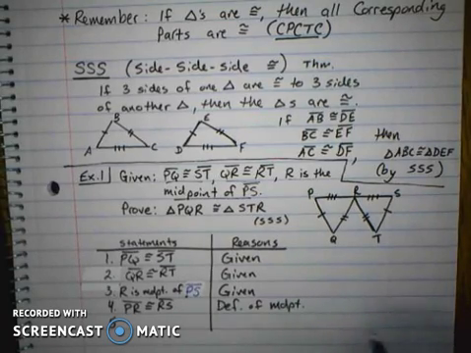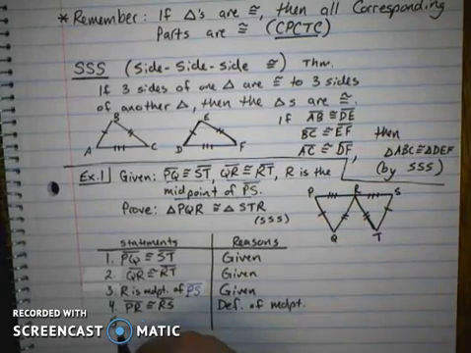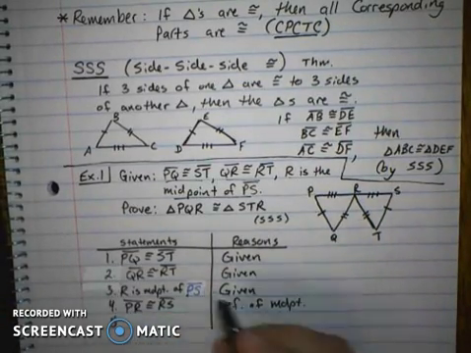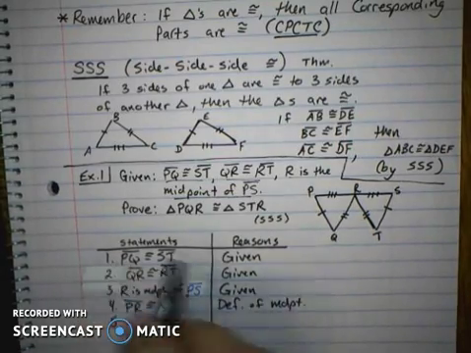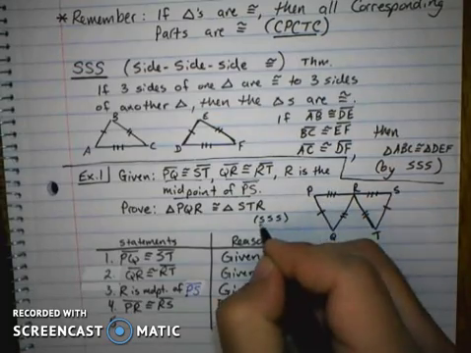Okay? Well, that is the third pair of corresponding congruent sides. So we can finish our proof since I've shown three pairs of congruent corresponding sides. What I like to do when I'm doing these proofs, as soon as I say one of the things that I'm going to need to use,